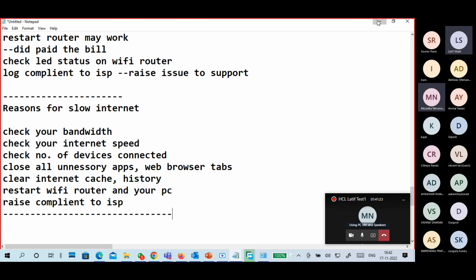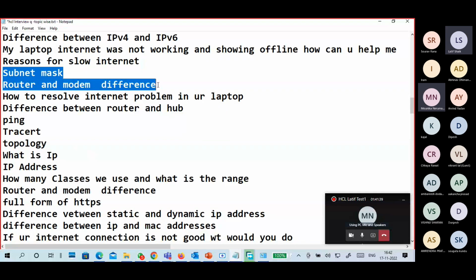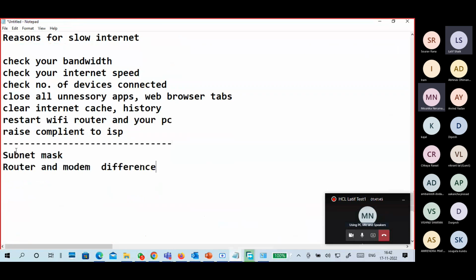Yeah, what is a subnet mask? You know what a subnet mask is? It divides an IP address into a network portion and a host portion. Router and modem differences. A router is used to connect to the network. A modem is a modulator and demodulator which lets you connect to your ISP.